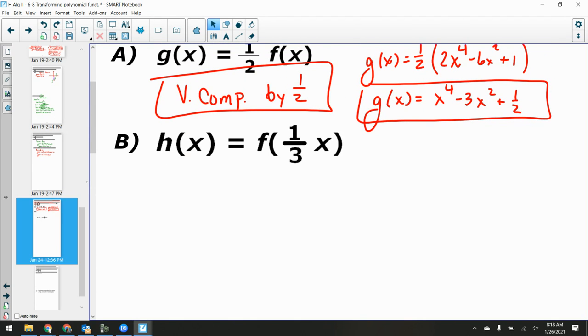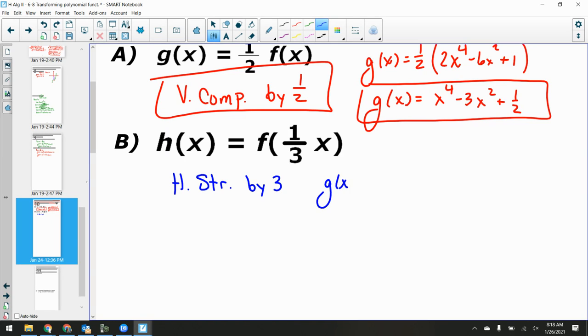Okay, what is that? Yeah, horizontal stretch by 3. Good. Because again, the b value is at 1 over b, so 1 over 3. That's that 3, that b value. Horizontal stretch by 3. All right, so that means g of x is going to be, all right, now I've got to take